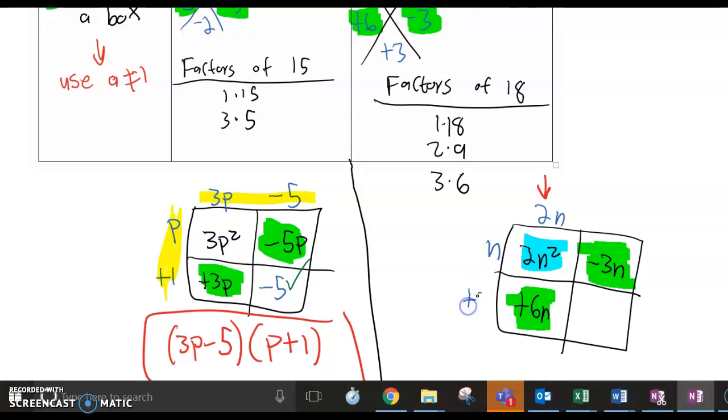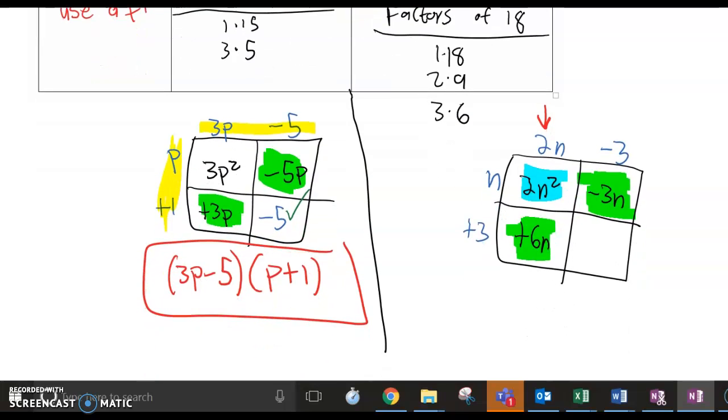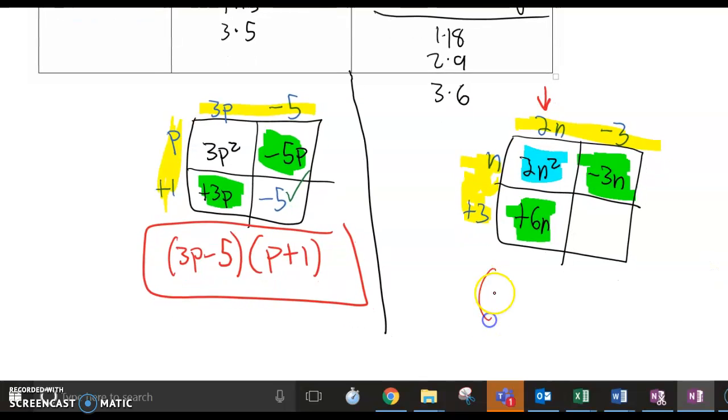That's going to be 3. N times what is negative 3? That's going to be negative 3. Great. Got our solutions here, and we're going to write them nice and neat as factors to get it fully correct. So I've got 2n minus 3, n plus